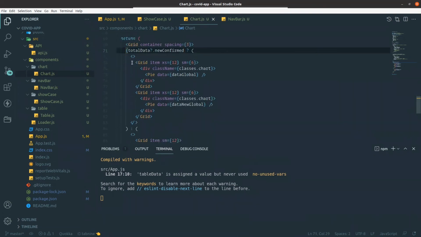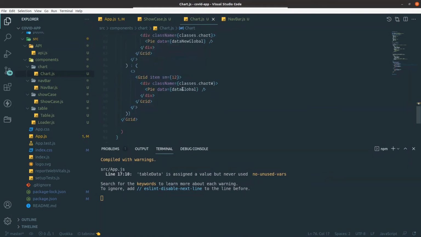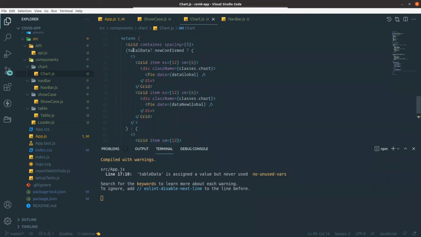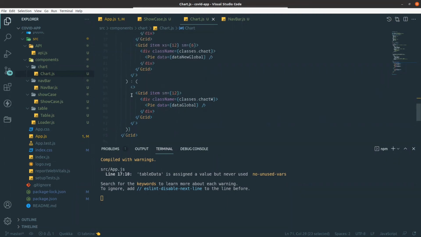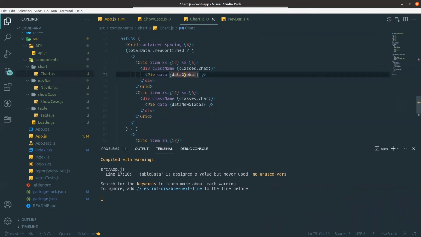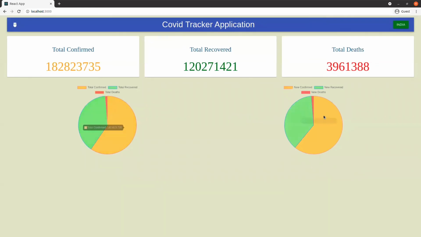So if that data is there, then show these two. If not, then show the last one, means only the total one, data global I am talking about. Okay, so it is done. So our chart is also done, I think. So that data new global is for new data. Let's go to that output. So you can see these two pie charts are created.